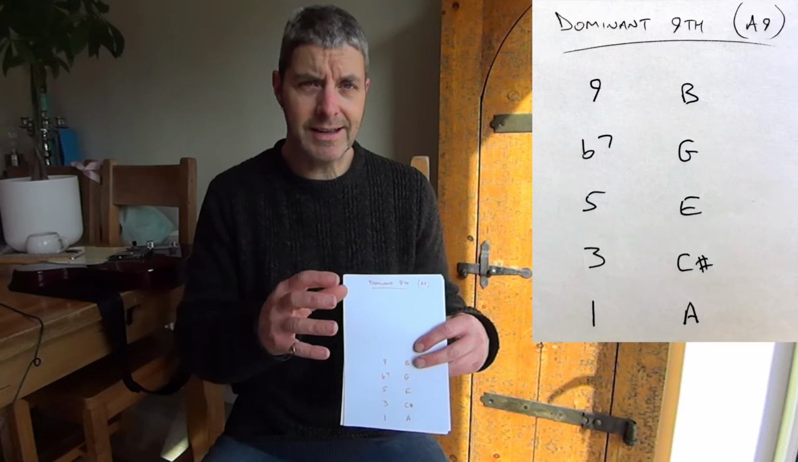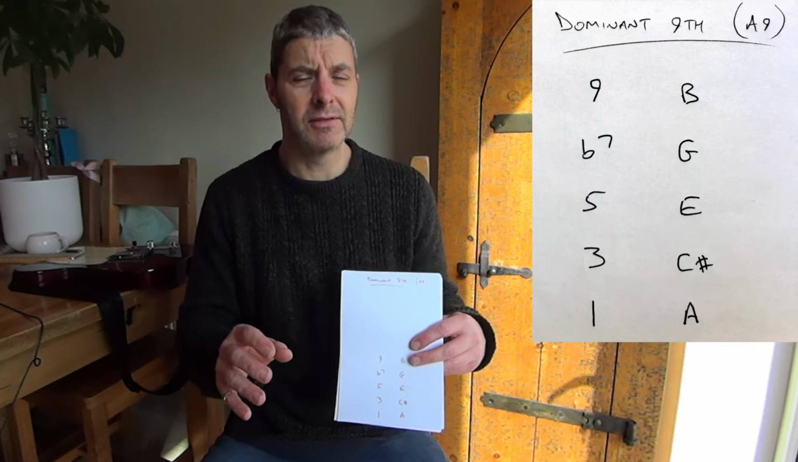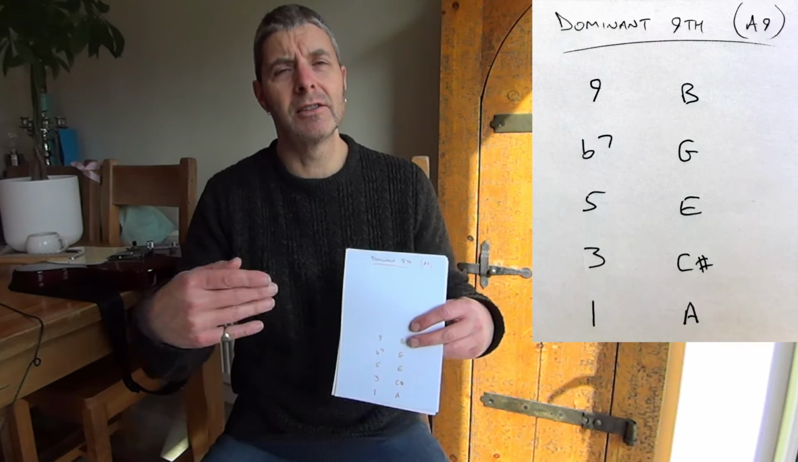Now it's called A dominant ninth or A9. It's not got the word add in there at all. It's just an A7 with a ninth added, and you call it A9. Okay. Now there's another chord